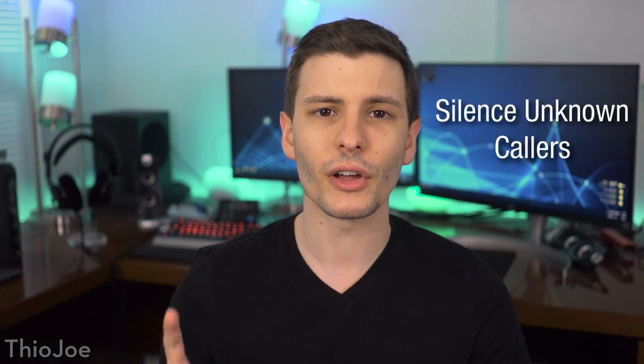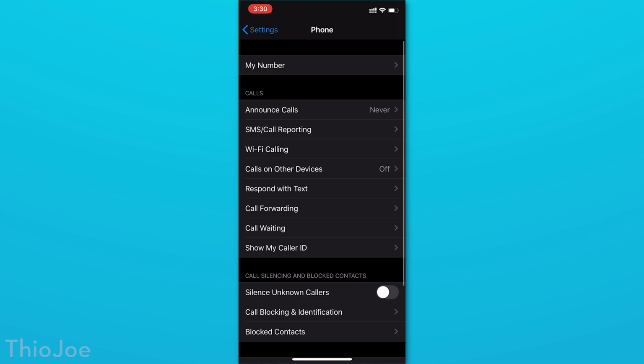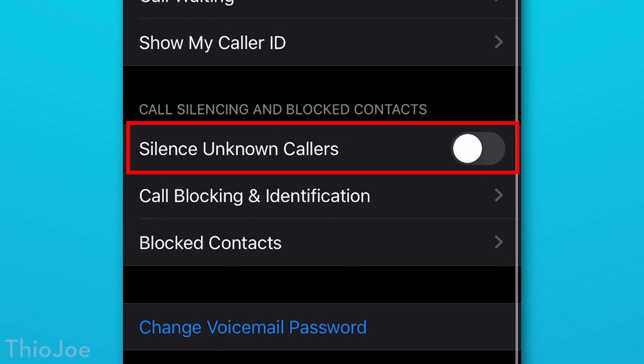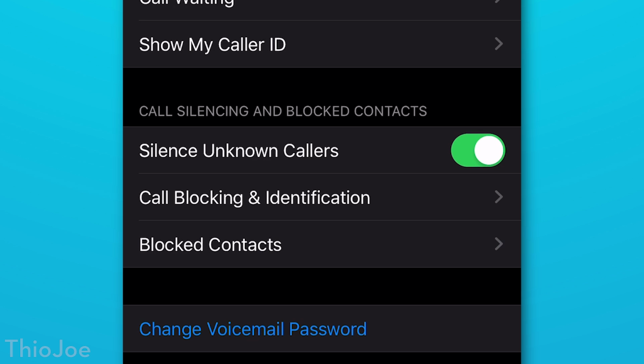Okay, next up, this one's going to be great if you tend to get a lot of spam calls, and it is the ability to silence unknown callers. Now, this does not necessarily mean someone who's not in your contact list. Apparently, it uses Siri intelligence and probably some sort of machine learning to determine who is a known and unknown caller,